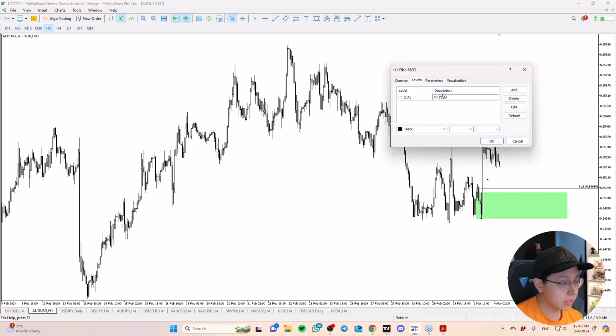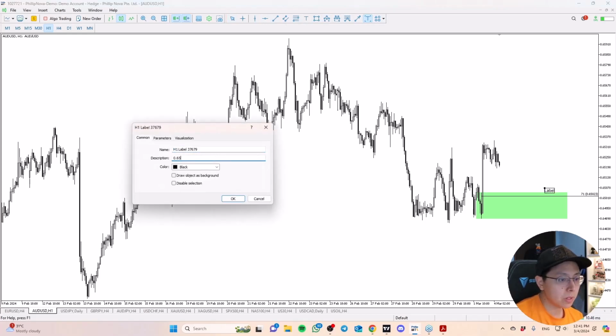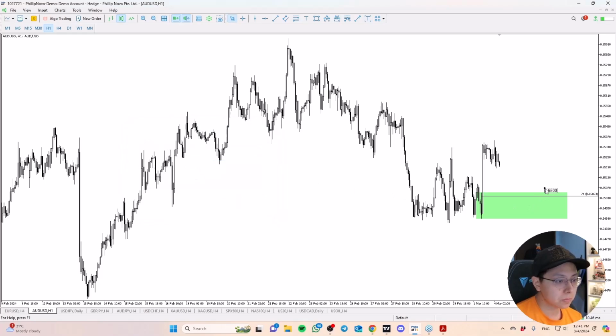Let me clean this up. The 71 often would be around the area of a demand zone or supply zone, as well as potentially within the fair value gap area. So I'll just use Fibs for specific entry points. Over here, how am I looking at this trade? We're looking at an entry pending order around 6500. For those of you not familiar, a pending order means we're basically just waiting for price to come back down. When it tags the area, we're looking to buy it to the upside.